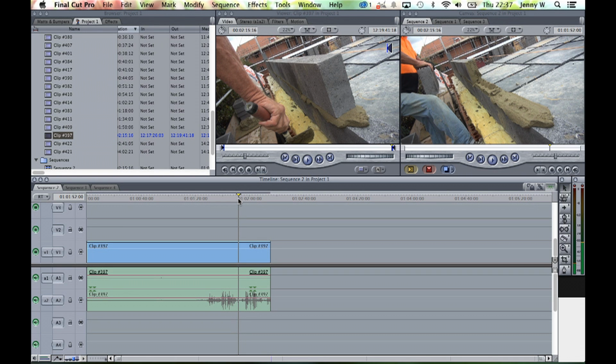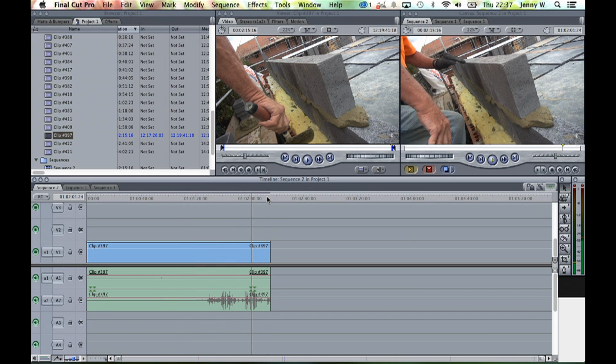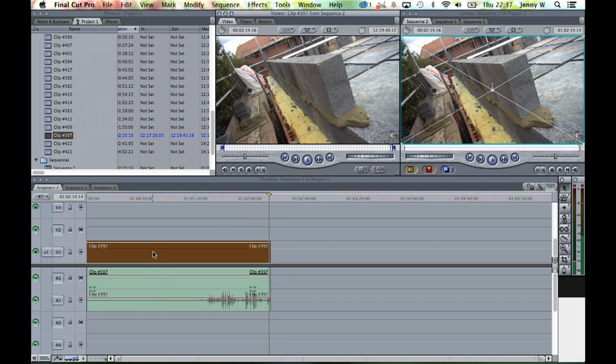The first thing we're going to look at in this tutorial is how to speed up or slow down your picture. So I've got this clip here. I'll let it play through. It's a picture of a builder slowly adding bricks to this line of a house. You can see there. If I want to make that twice the speed, I would double click on it on the timeline,